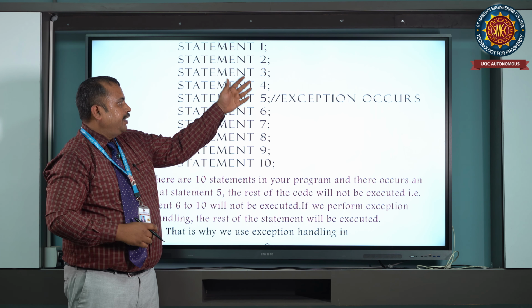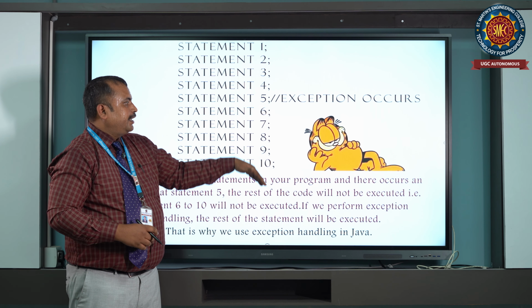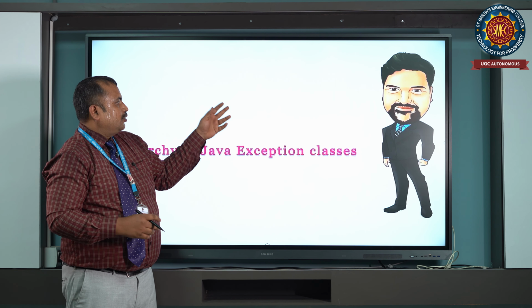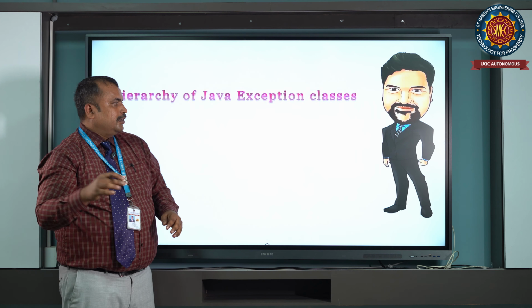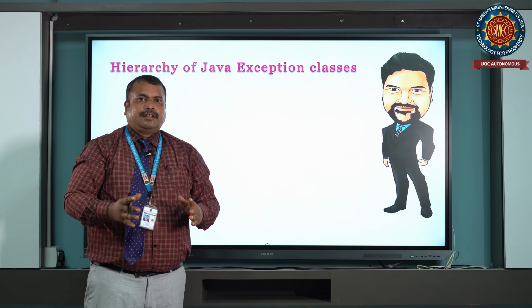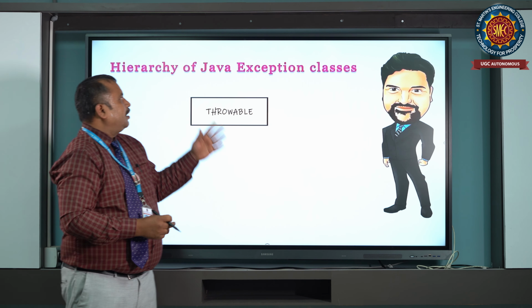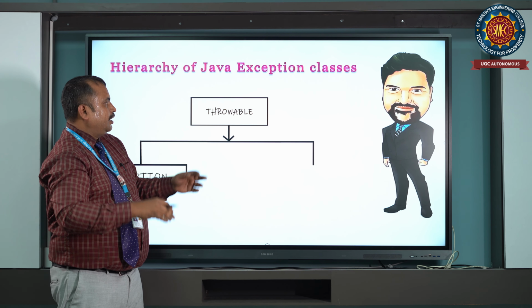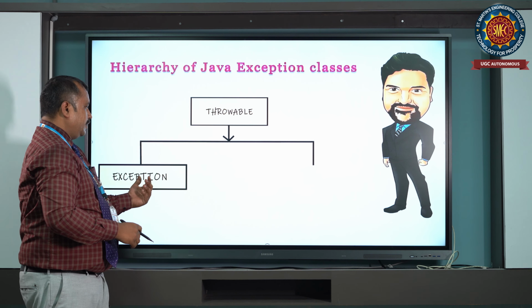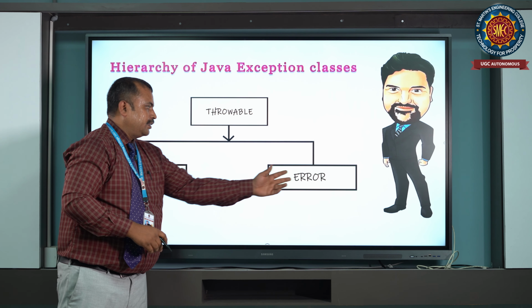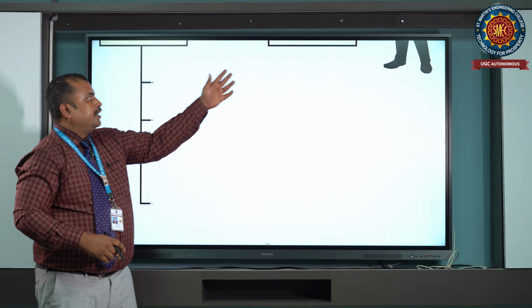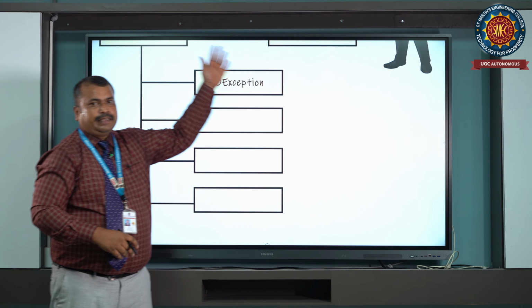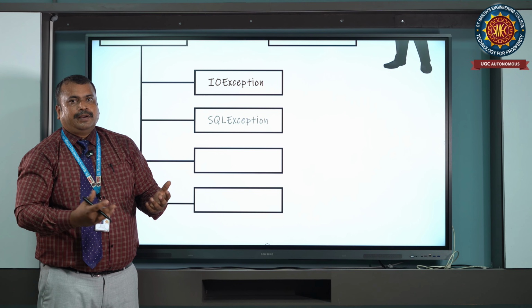It will not let the entire program run on, because it throws some error. In order to handle that error, we use the mechanism called the exception handling mechanism. What is thrown is called an exception. There is a difference between exception and error. An error is caught by the compiler, whereas an exception cannot be handled by the compiler.